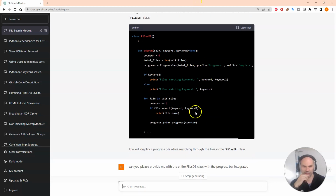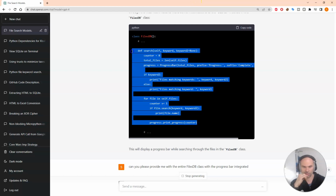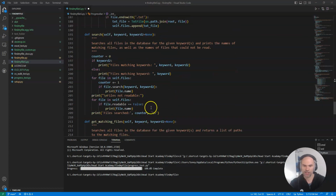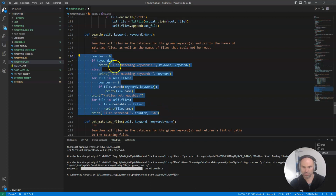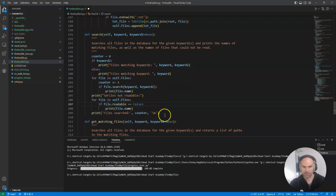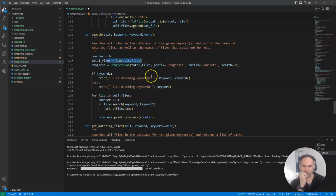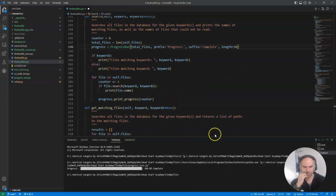Okay. While it's doing that, why don't I just look at updating the search function here. FilesDB search. So if I start at counter equals 0, actually, I'm just copying from there. Total, yeah, it's going to say self.length.files. So it's going to say that length is 50. Yeah, okay, so what I'm going to predict happens,